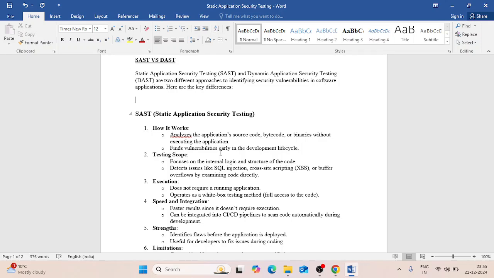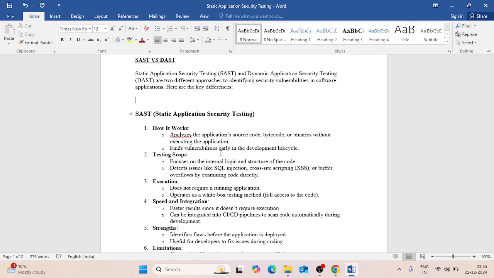If you know what development or production is, then much better. Otherwise you can put a comment in the below comment section. I will make a larger video on the keywords of application security, cyber security, VAPT, these types of things. So this is how it works.